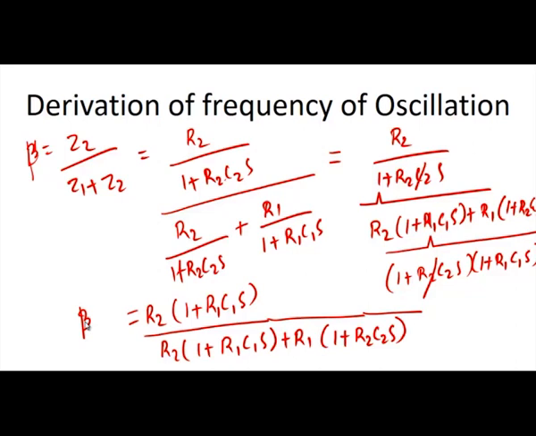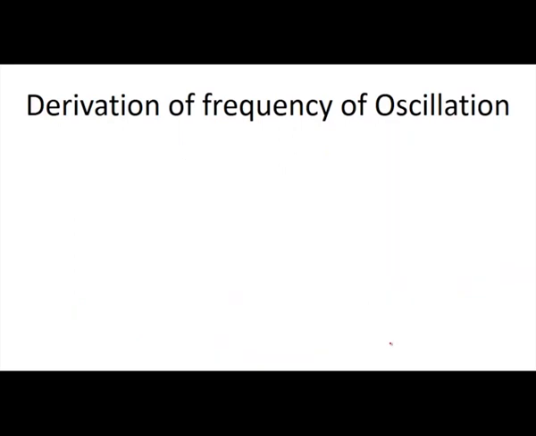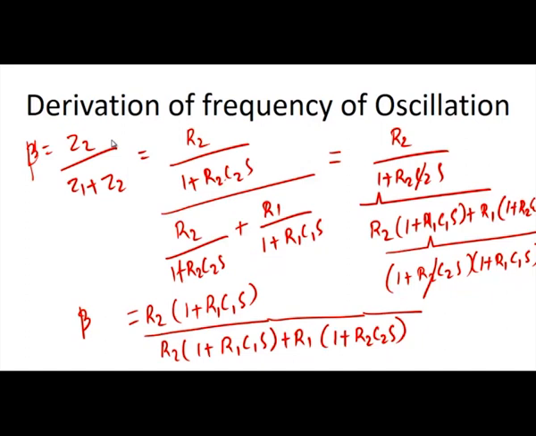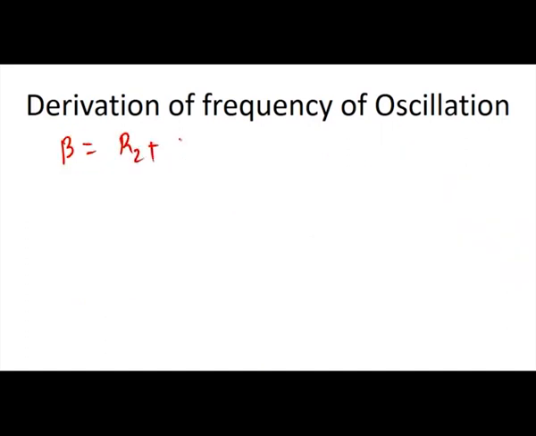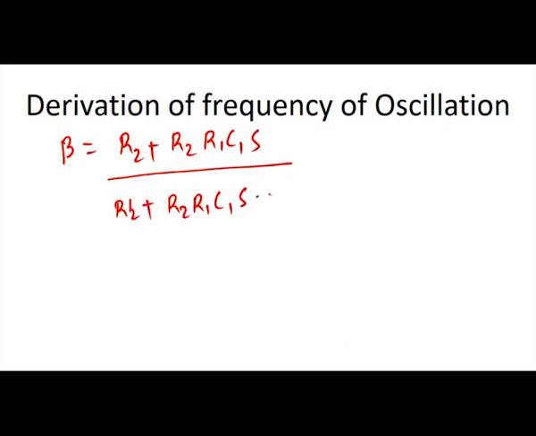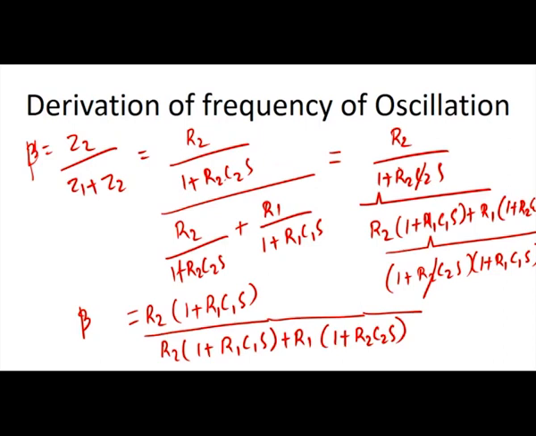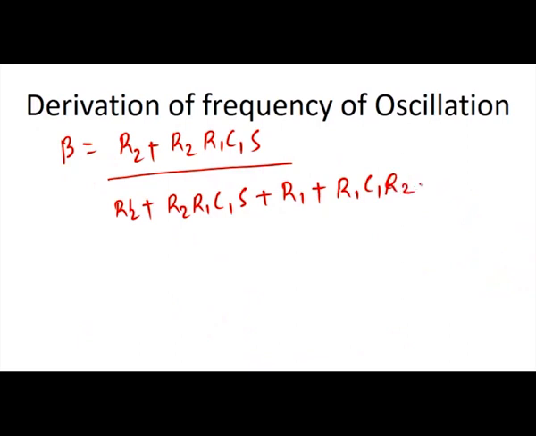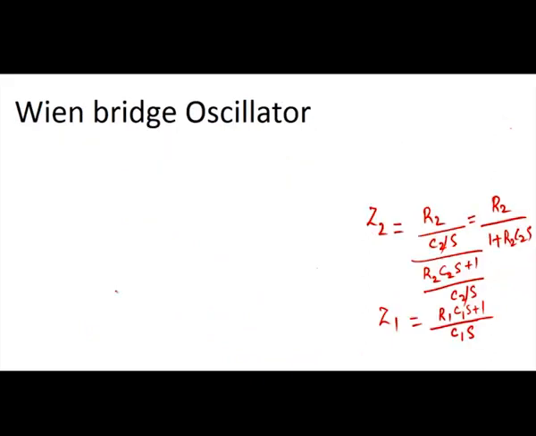If you multiply all the terms, R2 inside and R1 inside here, beta is equal to R2 plus R2 R1 C1 S divided by again R2 plus R2 R1 C1 S plus R1 plus R1 R2 C2 S. So beta will be